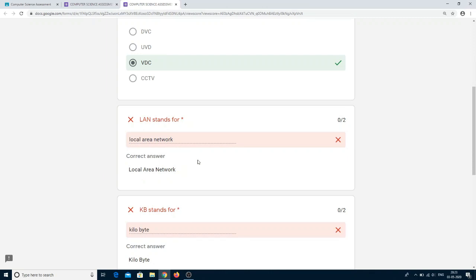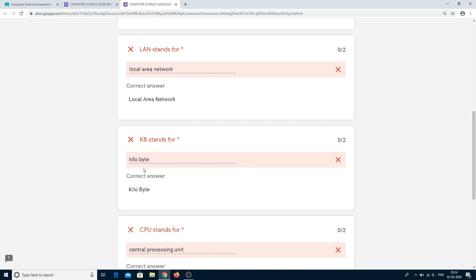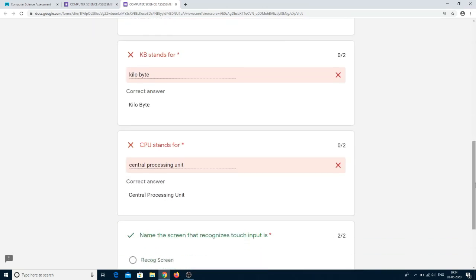So a teacher will provide all the possible combinations like lowercase letters, uppercase letters, and the starting letter as a capital. All the options will be provided by the teacher in the fill in the blank and short answer questions. That's the reason why these questions are marked wrong here, because the answer, kilobyte, is correct, but the problem is case sensitivity. In fill in the blanks, if it is matching exactly, then it will give the points, otherwise it will not give the points. That's the reason all these three questions are wrong.